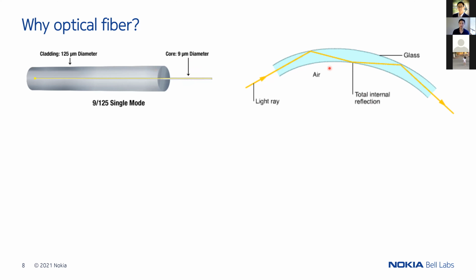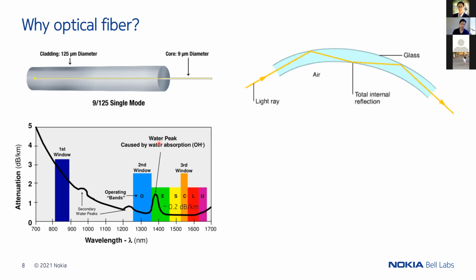So what is special about the optical fiber? The optical fiber is made of glass or silica, and this material is very good for transporting light because it absorbs very little light. Because of that, we can manufacture the fiber with an extremely low loss of 0.2 dB per kilometer. This means that when the light travels over 1 kilometer, it loses only about 5% of the optical power,